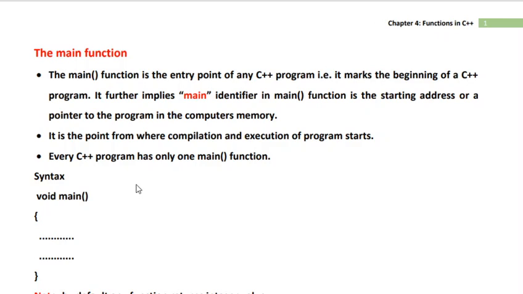So, in today's class, we'll be discussing functions in C++. To begin with, let us throw a light on the main function. The main function is considered to be the entry point of any C++ program. It marks the beginning of the C++ program. So what does it basically imply? It implies that